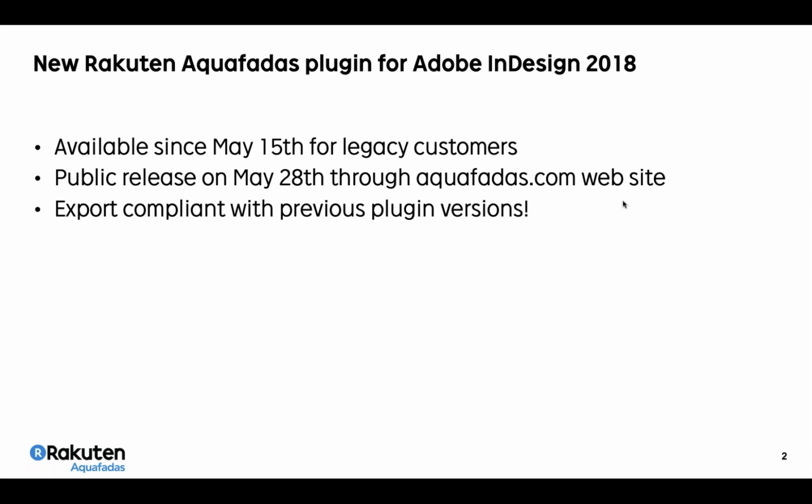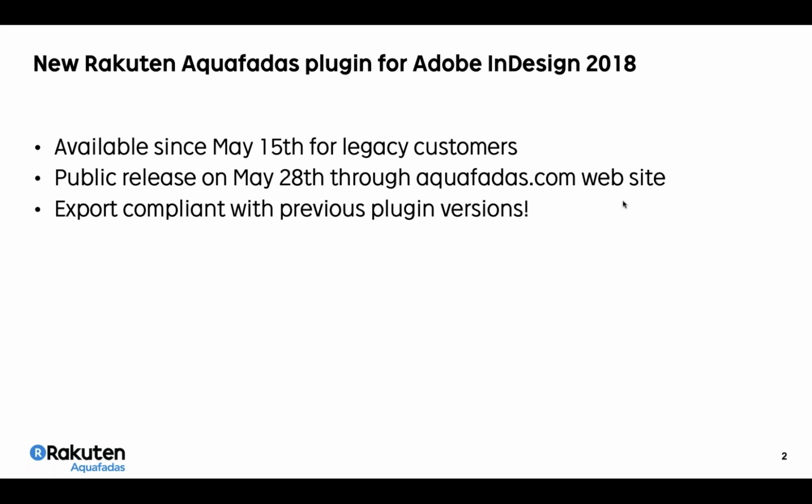Just a quick comment, which is quite important. Even if it's a new version of a plugin, you'll still be able to export any legacy content that you already created with previous versions of InDesign and our previous versions of a plugin.